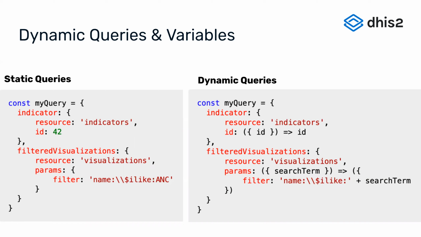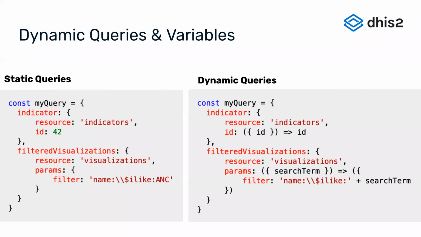The first is for the indicator with the ID 42. So this means that every time we run this query, it will always fetch the indicator with ID 42. And then the second part of this query is a list of visualizations, and we've passed a filter to that visualization list. So in this case, we are finding all of the visualizations with a name which starts with ANC. Yeah, it has to start with that and it's a case insensitive